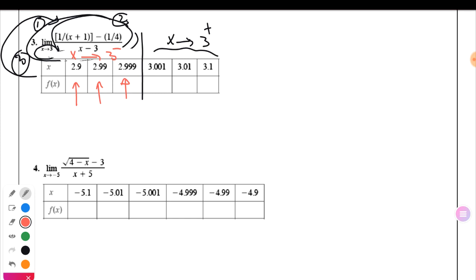If I replace in this function, it will be negative 0.064. You have to replace and make sure your result is the same as my result or not. Then if we replace by 2.99 in the given function, it will be negative